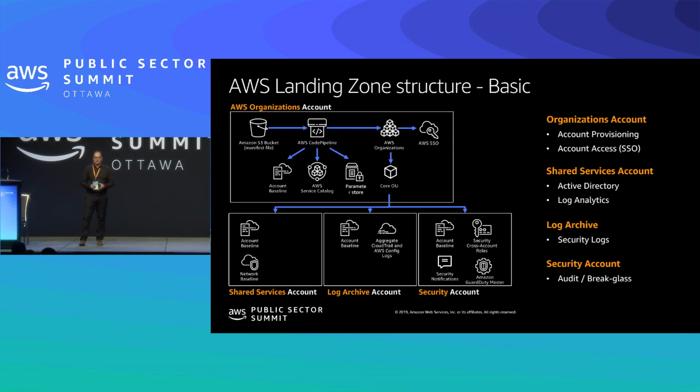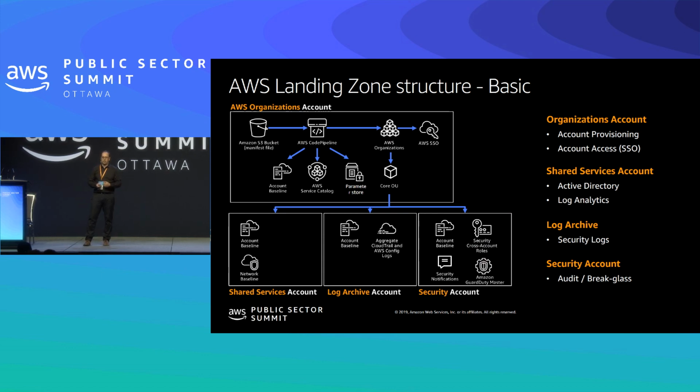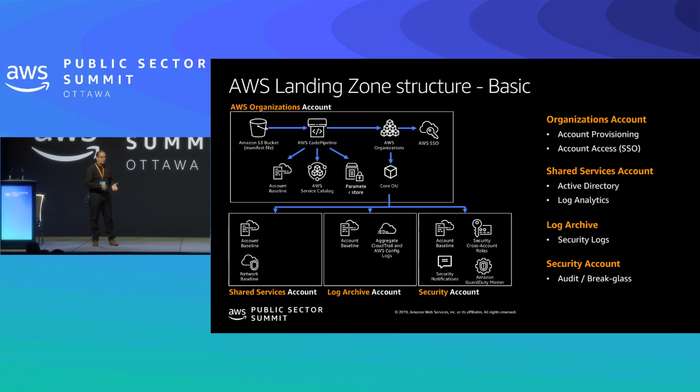So you actually get a solution that you deploy into your AWS Organizations account, similar to how a Quick Start works. And it comes with some code, a manifest file that could live in an Amazon S3 bucket, or you can put it into CodeCommit. And this defines the extensibility piece, what you're allowed to customize and what you want in your deployed landing zone. What type of service control policies do you want for a group of development accounts or a group of production accounts? That definition is now defined in this code that you're able to modify. And it pushes out using CodePipeline and some other services to all the different accounts that get created.